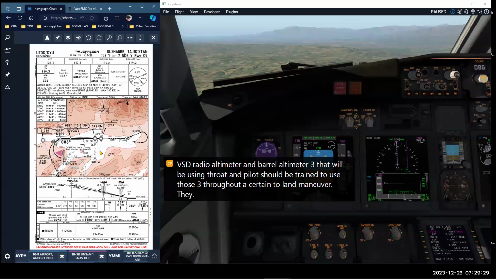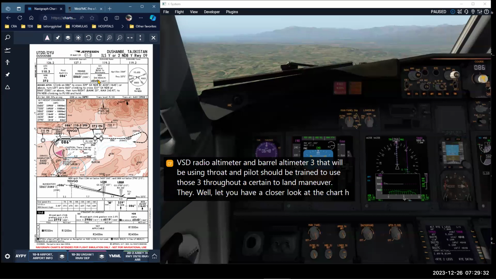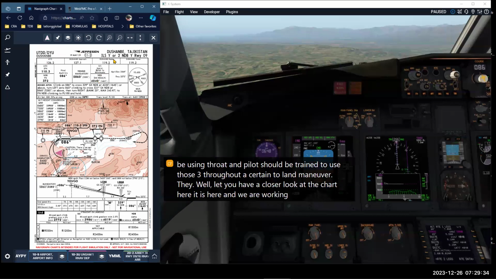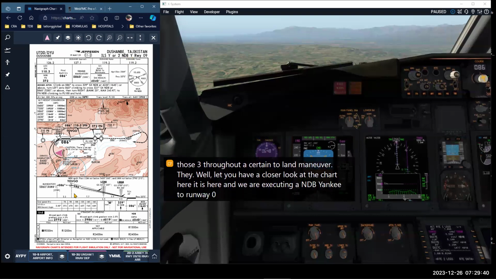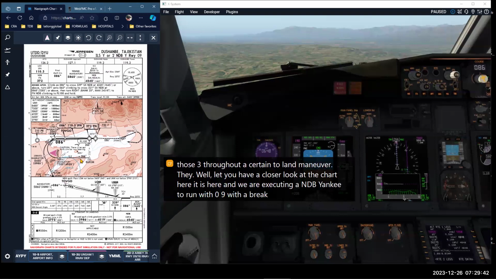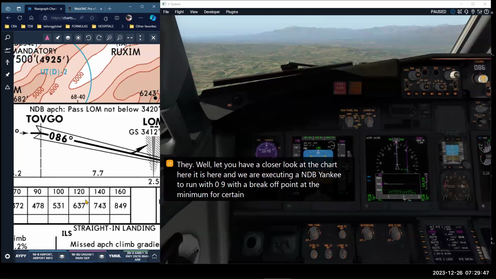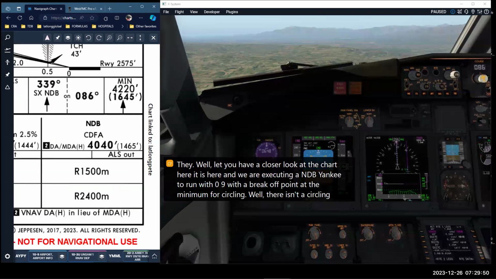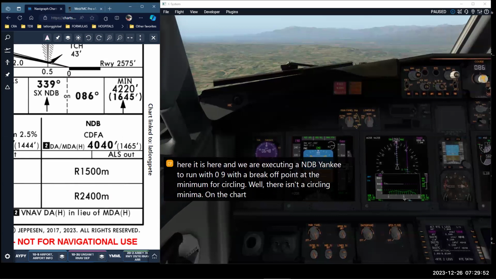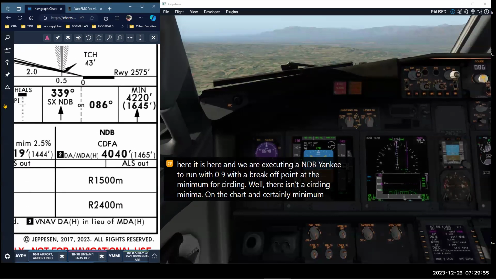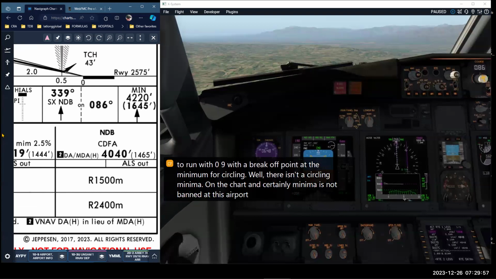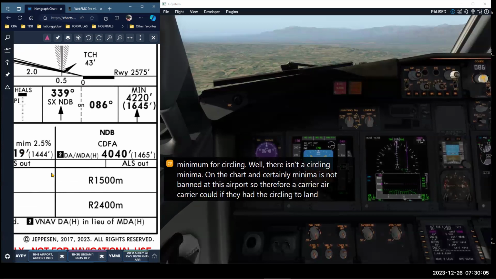We'll let you have a closer look at the chart. Here it is here. And we are executing an NDB Yankee to runway 09 with a breakoff point at the minimum for circling. Well, there isn't a circling minima on the chart, and circling minima is not banned at this airport. So therefore, an air carrier could, if they had the circling to land installed in their database,